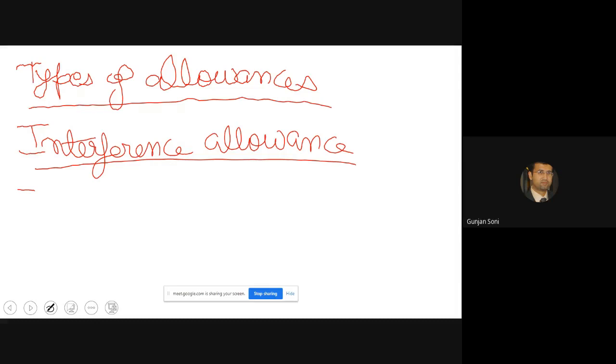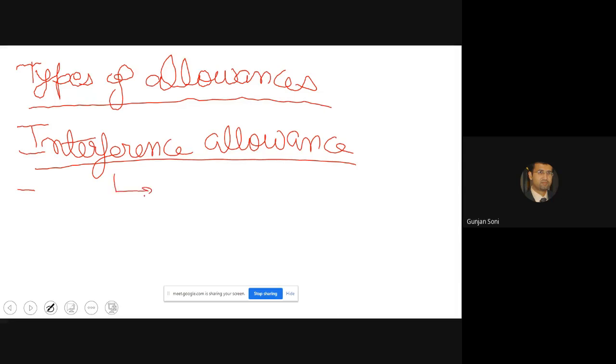So cyclic interference allowances are generally given to workers handling more than one automatic machine, because in automatic machines there's a good possibility that you get cyclic interferences. While if there are breakdowns and all those things, then at that time we give random interference allowance.